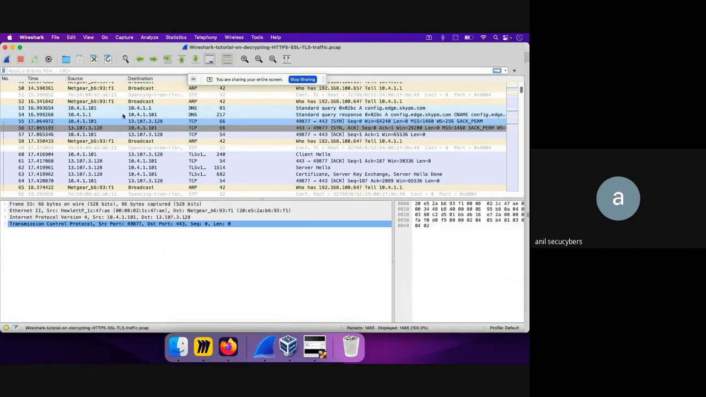So here, if you see, once that client has got the IP address of config.edge.skype.com, that client, whose IP address is 10.4.1011, is trying to visit this IP address, which is of Skype, okay. And you first see that